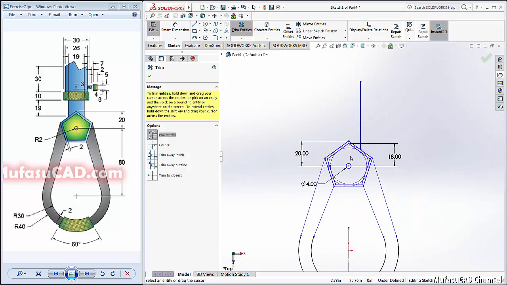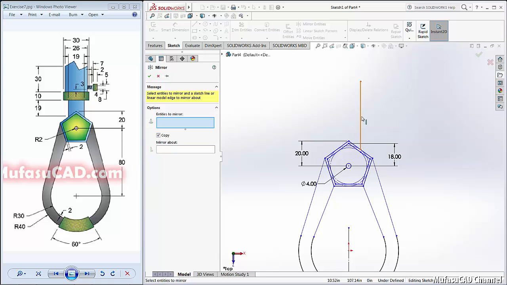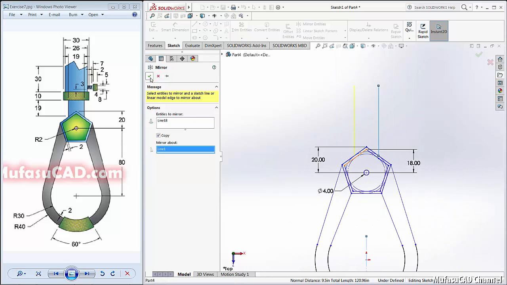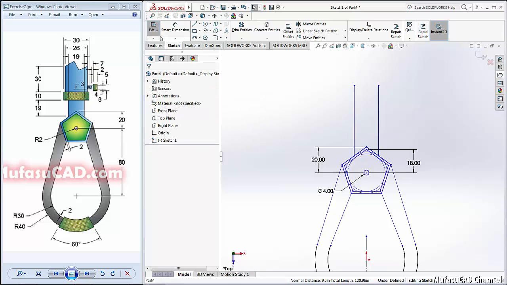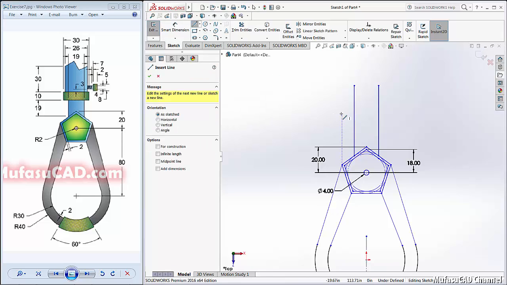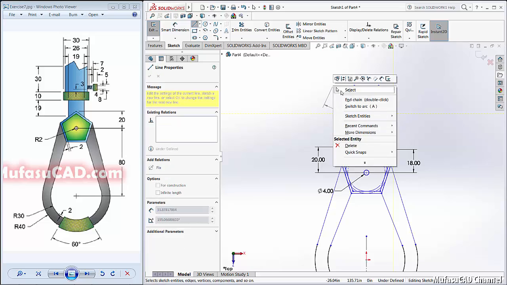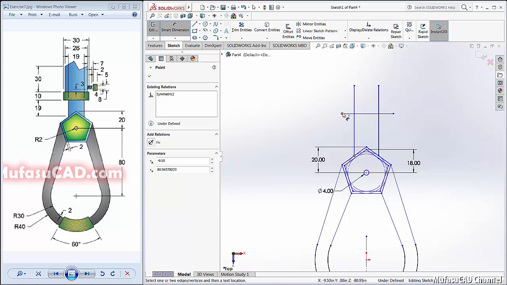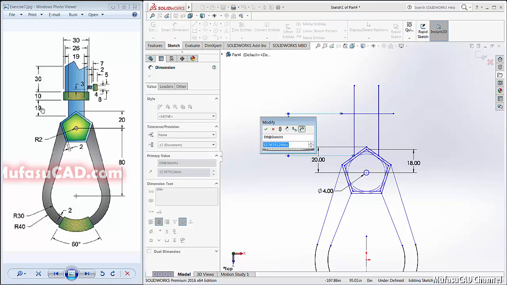Okay, then I will use mirror entities to copy this line, the mirror about here. Okay, you can see here, and okay, correct line here, right click select and give the distance from here to here about 19.